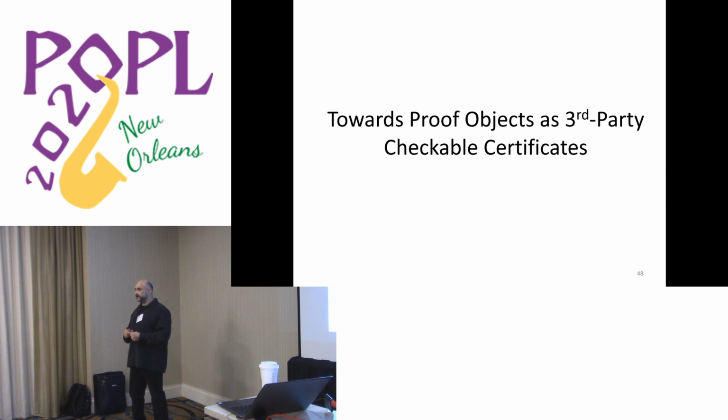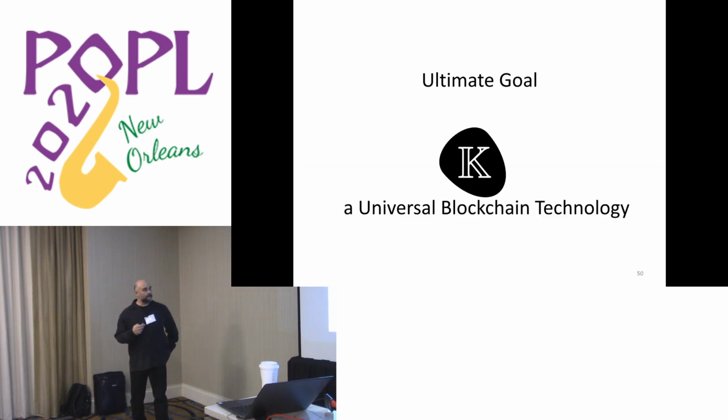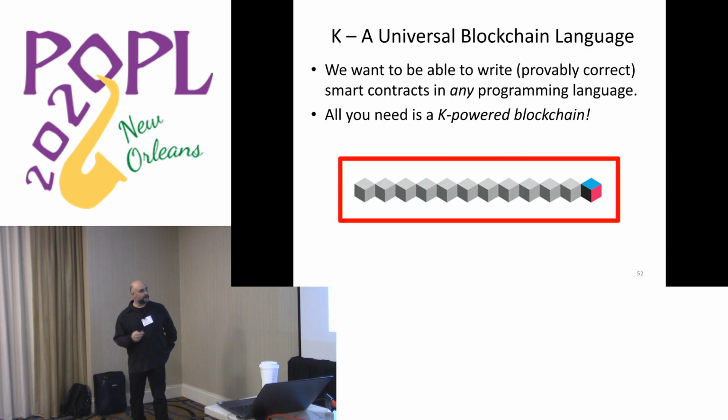And in fact, I'll just tell you in words what happens. Since everything K does, in the end, can be seen as search for a proof, what we want is to instrument all these tools to generate actual proof objects that can be checked by a separate proof checker. And the proof checker is really very small. And once you have that checker, you can have a whole blockchain powered by that checker. You don't even need virtual machines anymore in the blockchains. You can have a blockchain that only has one program that executes, a proof checker. Okay? And I would love to talk about that, but I don't think I have time.